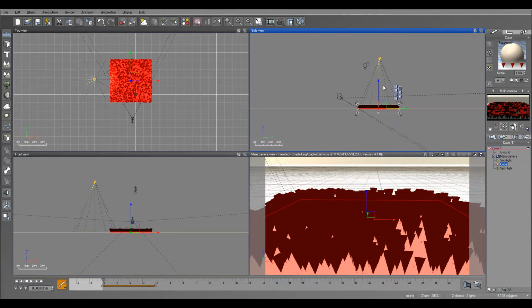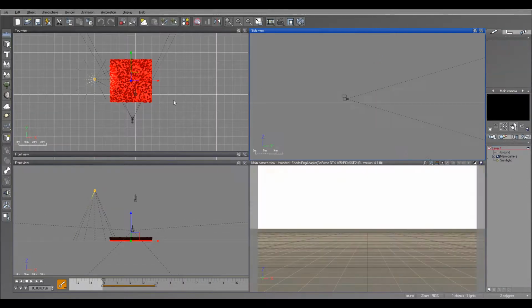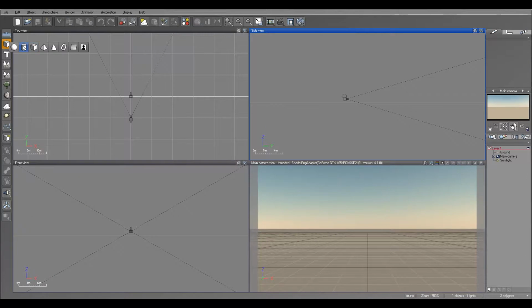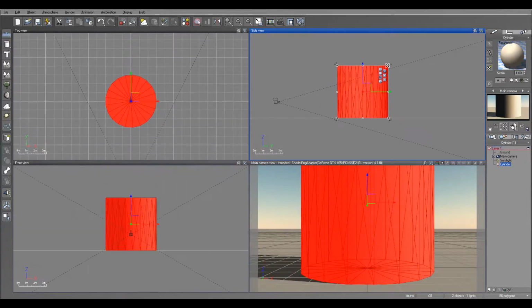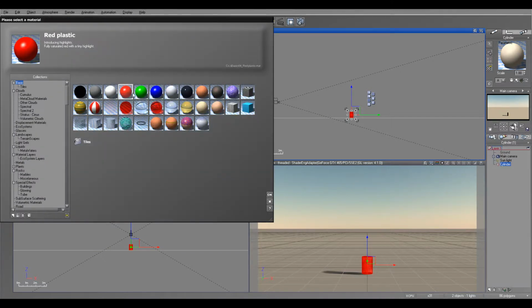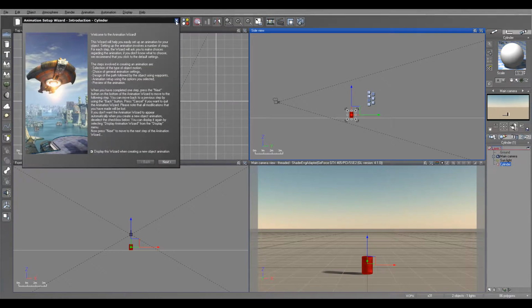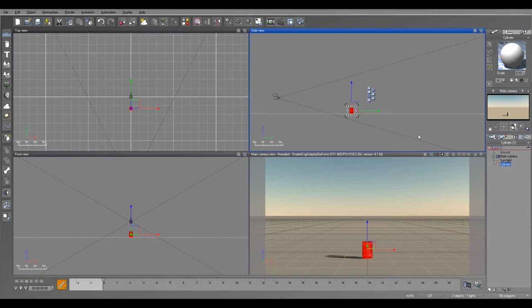So let's do just one more thing very fast. Okay, so we'll go ahead and create a new project, just to look at different ways to do it. And as an example, we'll go ahead with a cylinder. And we'll just set this cylinder to the white color. Okay, and I'm going a little bit faster on this because we already kind of looked over it before. So I'm just showing you an example, and